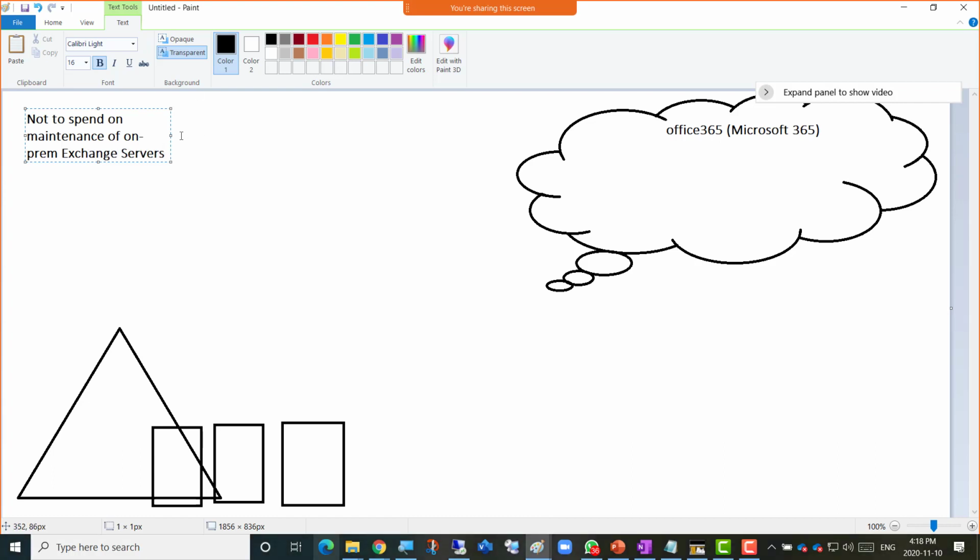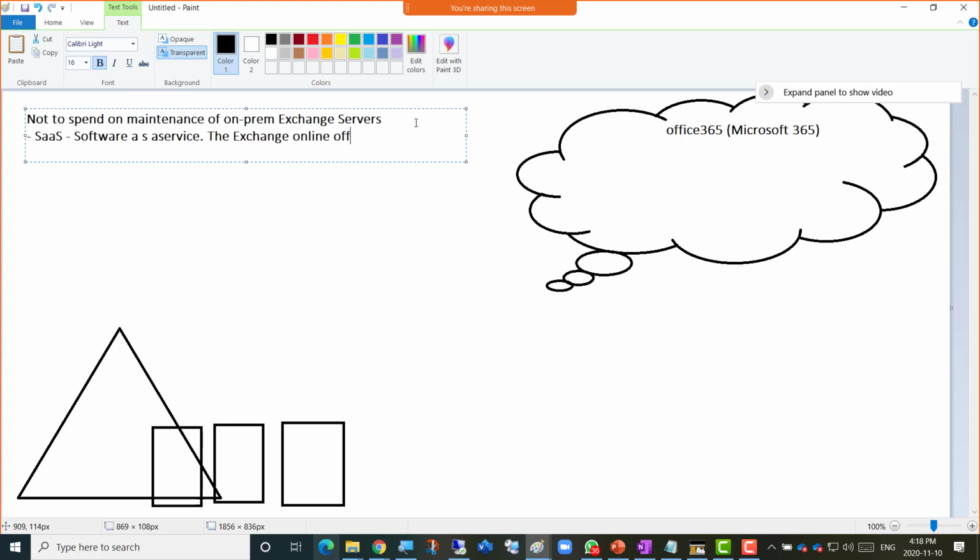So when they are in the cloud, there is no maintenance of the underlying systems. It's a SaaS-based product, software as a service, and the Exchange Online offers all the messaging features,